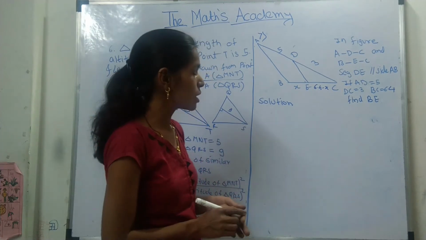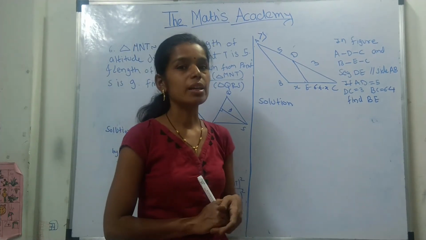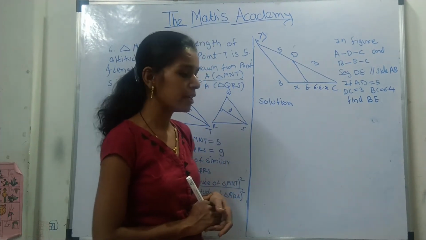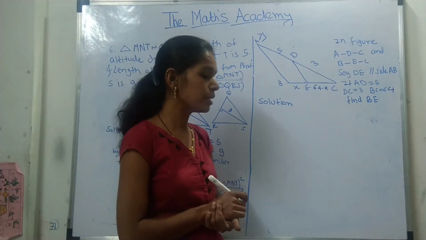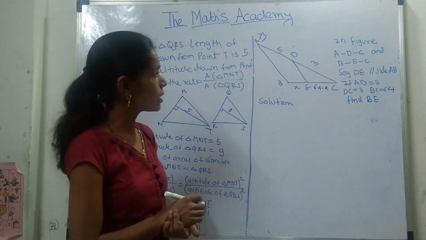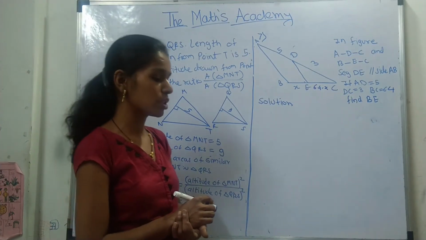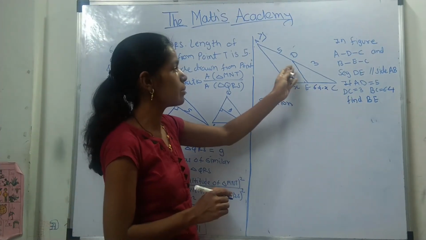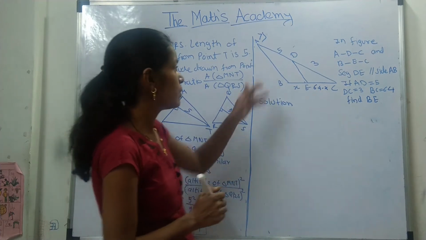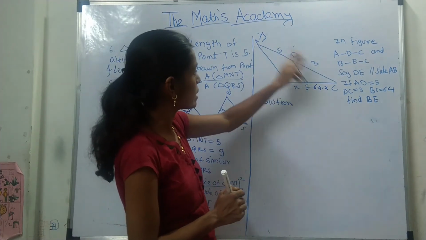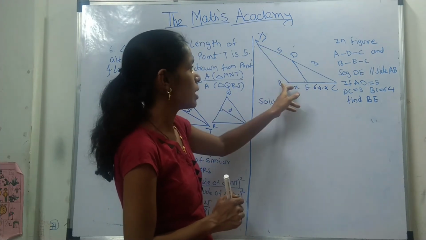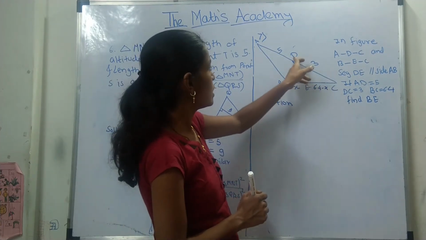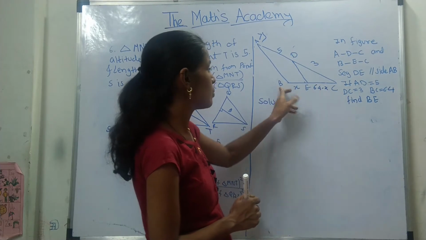What is the basic proportionality theorem? It says if a line is parallel to the third side of a triangle and intersects the remaining two sides in two distinct points, then the sides of the triangle are divided in proportion. Let's use this concept to solve this example. Here you have given that this DE intersects CA and CB at points D and E, and it is parallel to AB. So therefore the ratio CD upon DA is equal to CE upon EB.